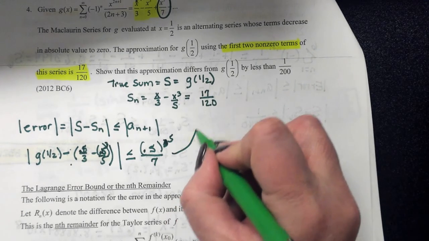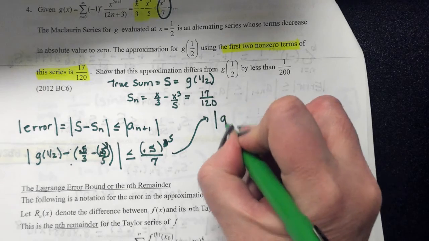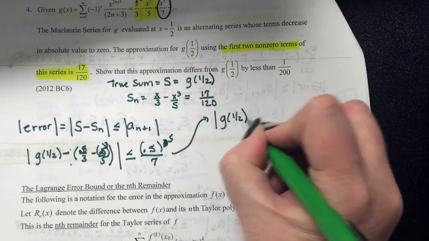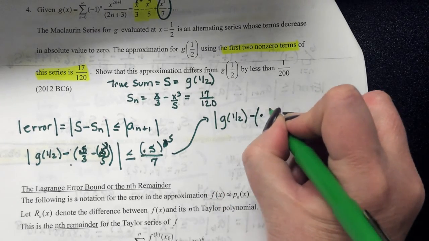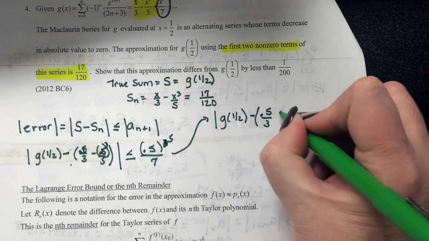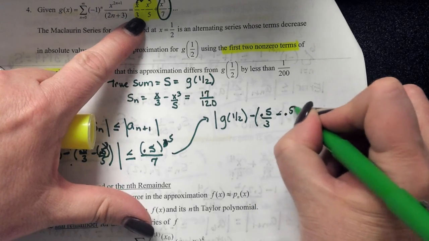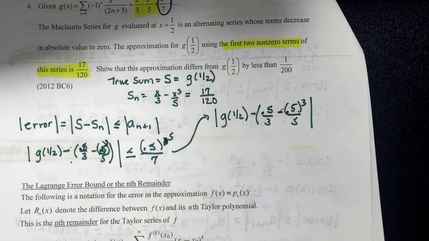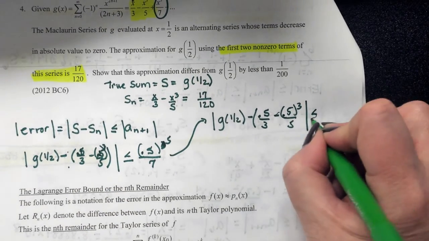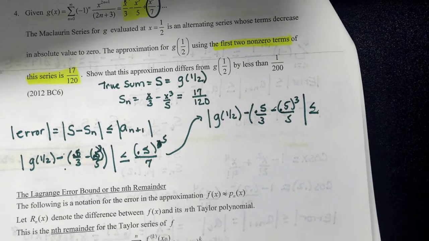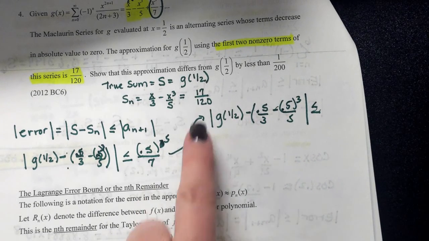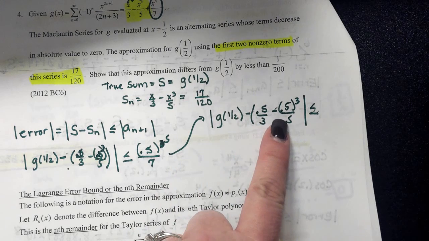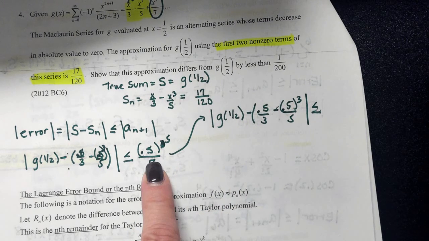So then the absolute value of g of 1/2 minus 0.5 over 3 minus 0.5 raised to the third over 5 has to be less than or equal to. And when I take 0.5, and raise it to the 5th,